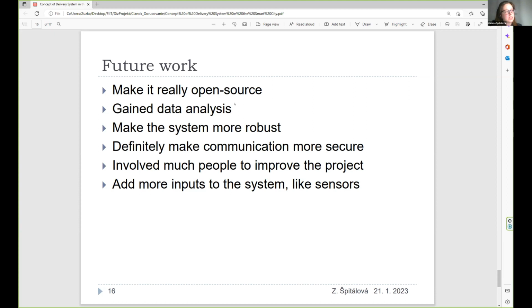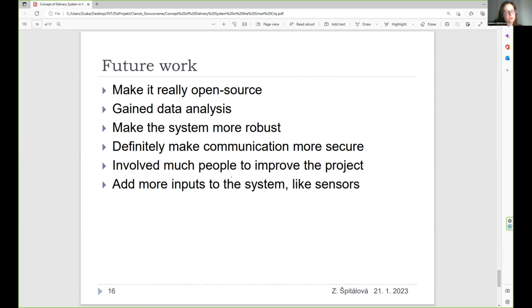The other plan is some analysis from the gained data which we have. So, for example, definition of some rush hours in the zones, or some types of vehicles which are driving in a certain area, and so on. And the last plan is to add more inputs to the system, like sensors.